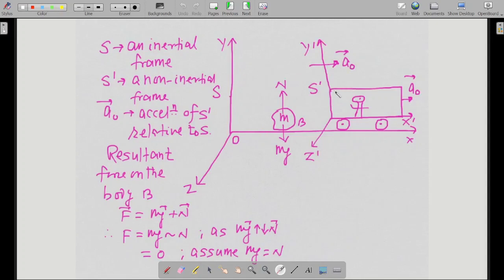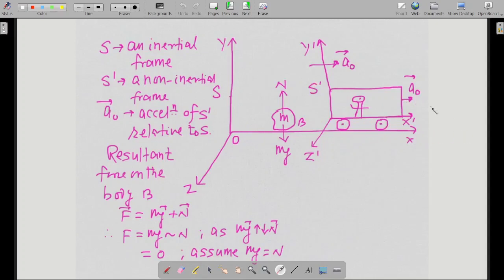It is a non-inertial frame. Okay, this S prime is a non-inertial frame, and someone is sitting inside this frame. Some person is sitting inside this frame, and this frame S prime is moving along the x-axis with a constant acceleration equal to a naught. A naught is the constant acceleration of this frame S prime, and this frame S prime is present inside a vehicle. Okay, this is a vehicle. So S prime frame is present inside a vehicle, and this vehicle is equal to S prime frame in itself, and it is moving in the right direction, that is along the OX direction, means in this particular direction,